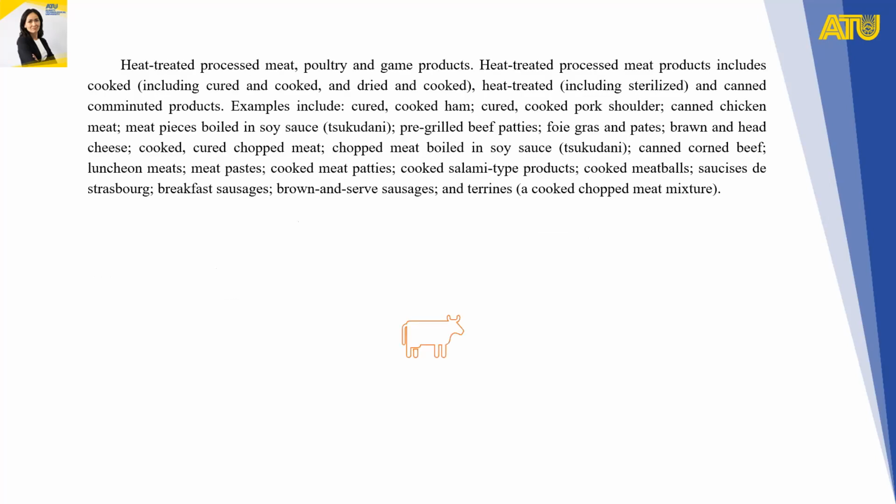Heat treatment processed meat, poultry, and game products. Heat treated processed meat products include cooked, including cured and cooked, and dried and cooked, heat treated, including sterilized and canned comminuted products. Examples include cured cooked ham, cured cooked pork shoulder, canned chicken meat, meat pieces boiled in soy sauce, pre-grilled beef patties, foie gras and pates, brawn and head cheese, cooked and cured chopped meat boiled in soy sauce, canned corned